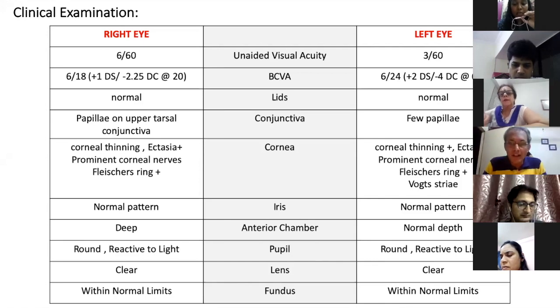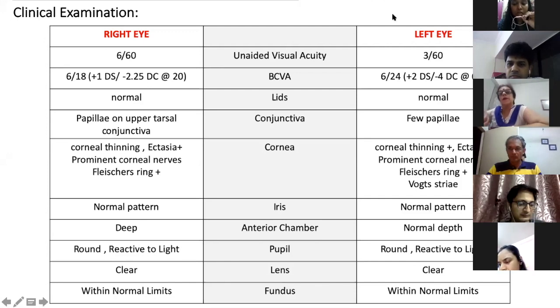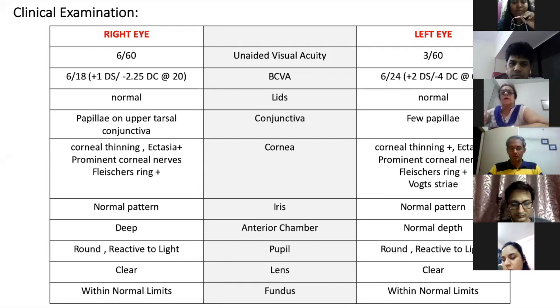But in the beginning, the first thing you'll try is spectacles. The patient's vision should improve sufficiently; only then will you prescribe glasses, isn't it? Yes, ma'am. Because in this particular case, as you can see from the slide, the vision is not improving even after prescribing glasses. It only improves to 6/24, 6/18, which is not a satisfactory vision. That means this patient requires something more than that.